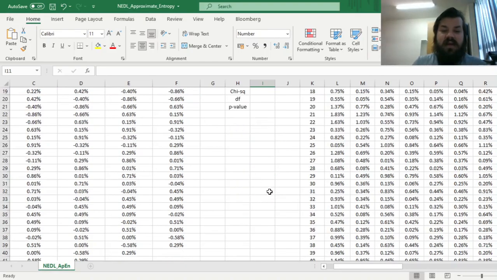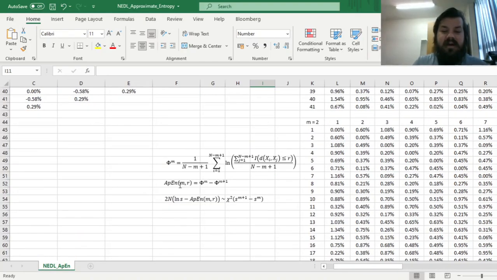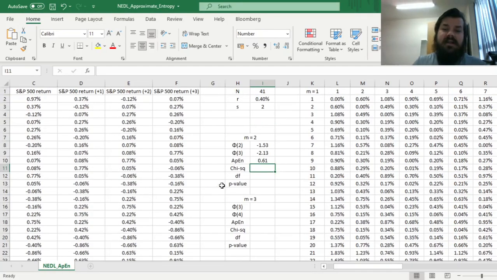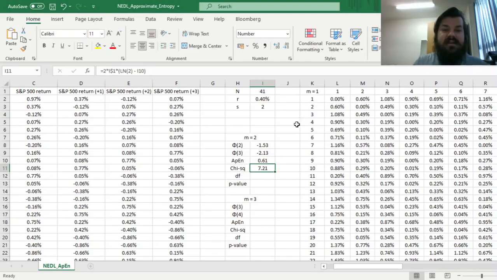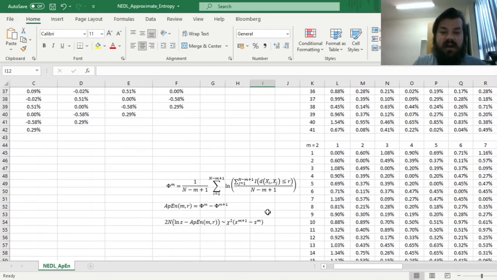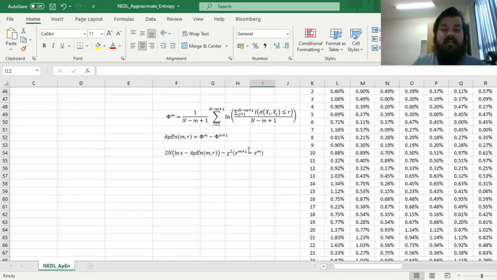To figure that out, we have to apply the chi-squared function developed by Rukhin, and code 2 times n, and n needs to be locked because it wouldn't differ from test to test. Then we multiply it by the difference between the theoretical entropy minus the observed entropy, and that gives us our chi-squared statistic. Now the degrees of freedom are just s to the power of m plus 1 minus s